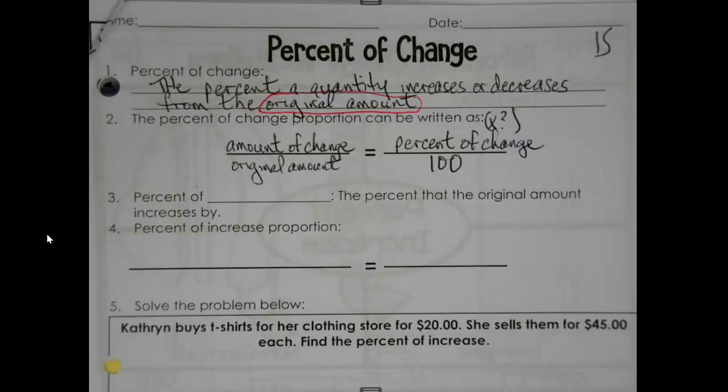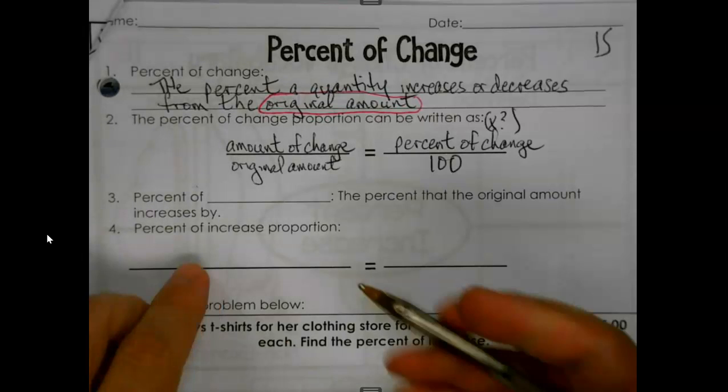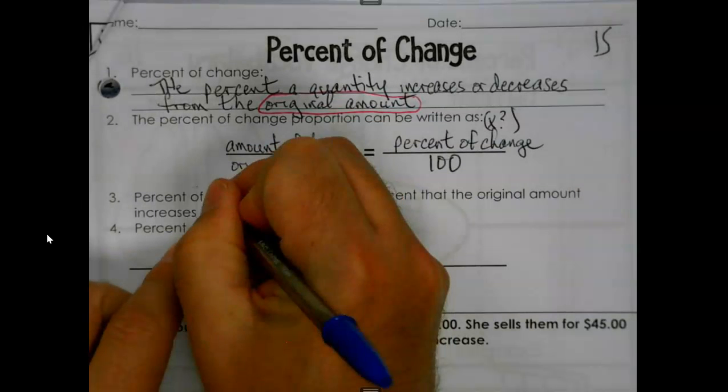Now, again, most of the time, the percent of change, almost always for what we're going to be doing here, is going to be the variable, what we're trying to find, so that'll end up being our x. Is it possible they could tell us the percent of change and we have to find one of these other pieces? Yes, but more times than not, that's where our x is going to end up. So, if we have